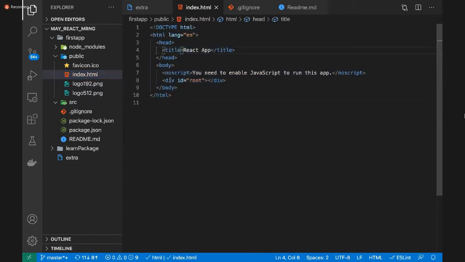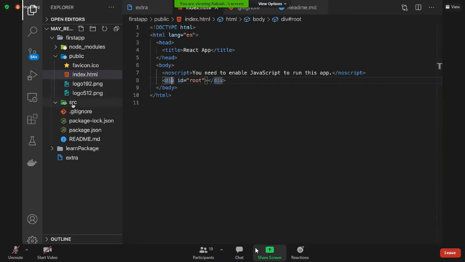One title, one body, and this is the only HTML file in the whole application, guys. The point is this is the only and only HTML file. Any doubt till this point, guys? Then I'll show you the next thing.